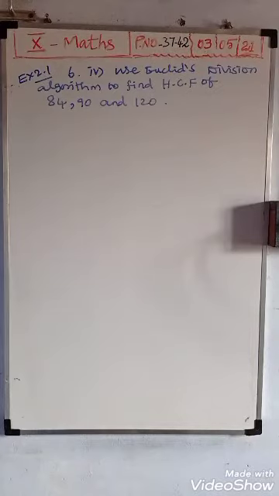Today we are going to see exercise 2.1, sixth fourth point. Okay. In yesterday's class we discussed Euclid's division algorithm to find the HCF of only two numbers. Today's class has three numbers, and we want to find their HCF. We want to use the same Euclid's division algorithm. Then how do we find the HCF? You see the solution.